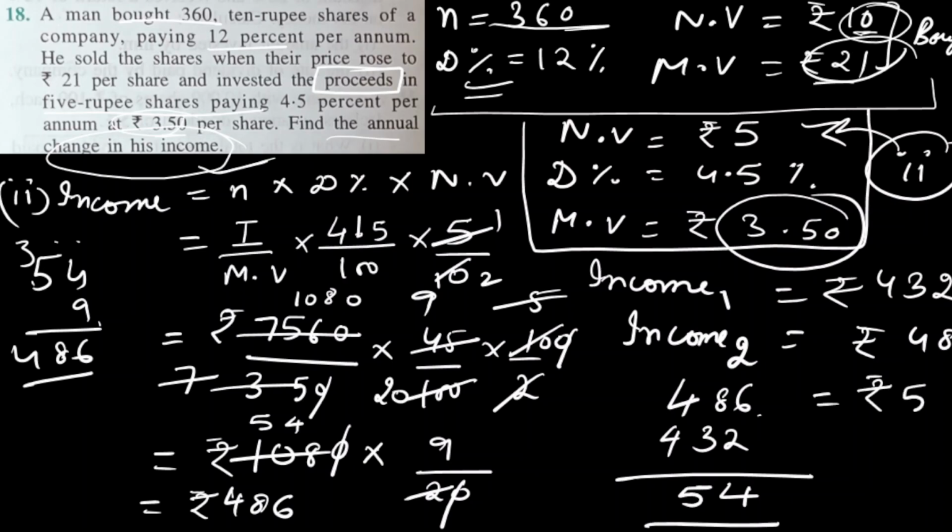Only this thing is very important. The difference is 54. If you leave the question here, you will still lose marks, because they are not asking for the incomes, they are asking for the difference of the incomes. So after finding their incomes, you have to find the difference as well. Always remember, in any question, whenever the word proceed is mentioned, proceed means investment only, so you have to find the investment if they are asking for the value of proceed.